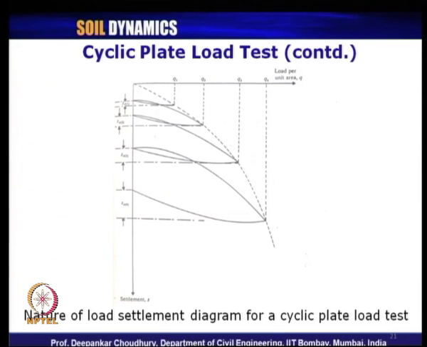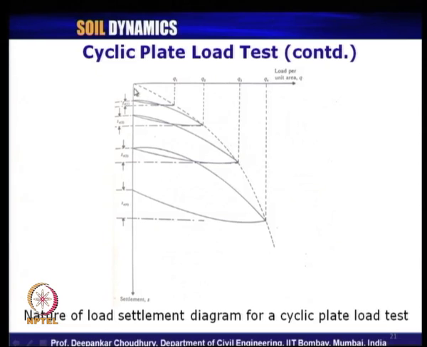Then you again apply a higher value of load to the plate. So, the curve will come here. Then in the next cycle, you take out that load also completely. So, allow the load to come to 0. That is the point: always take out the load fully, do not keep the load partially. Then in the third cycle, again you apply a higher value of load, then take it out fully. Then again in the next cycle, you apply a higher value of load, take it out fully.